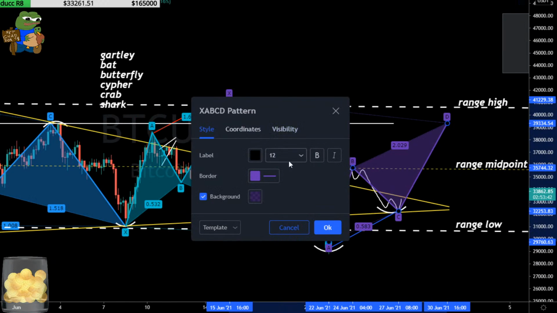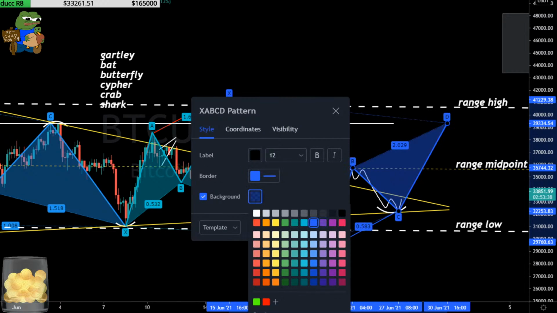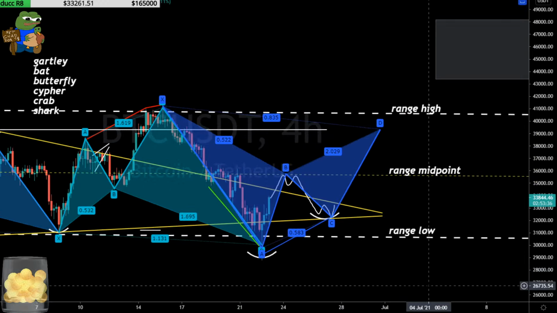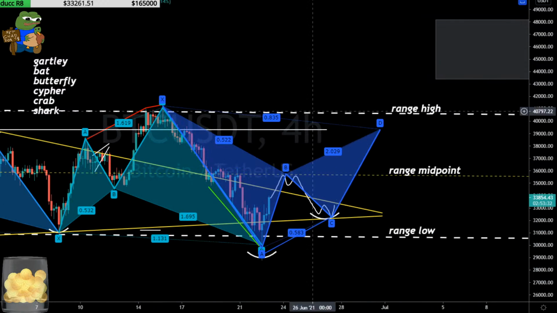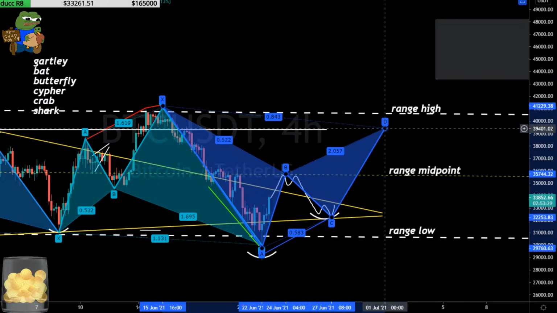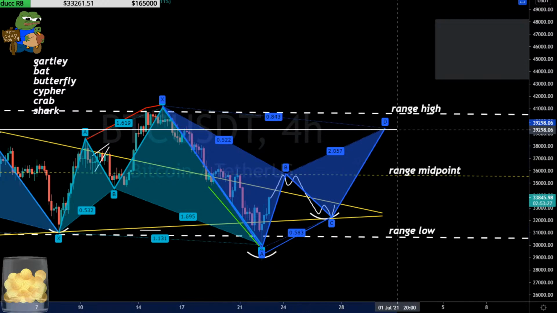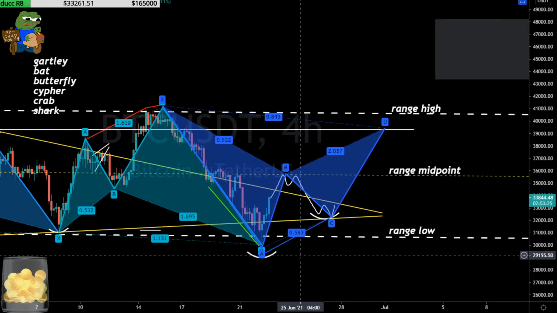Well, let's use this dark blue. Is it good enough? Yeah. Okay. So what is this? This would now be a bearish bat, okay? Bearish bat, 886 on the D, and you have this previous overhead resistance area, okay? So this bearish bat now likely